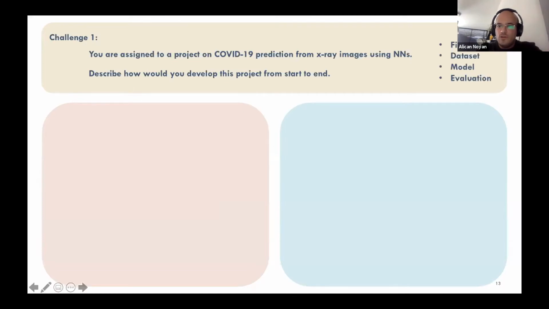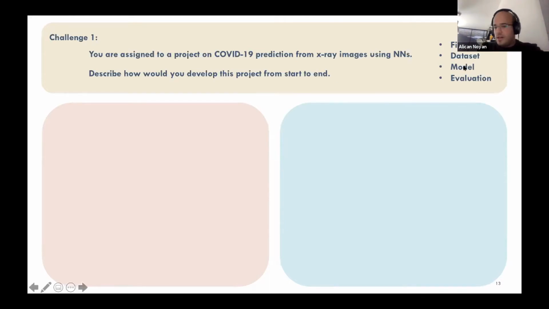Specifically, I want you to think about the very first steps. What would you do? Then the data set. Are you going to use an online data set? Are you going to collect it in collaboration with a medical doctor? If you're going to use an online data set, which ones? Maybe you can just search for some online data sets. How are you going to build the data set? I want you to describe it, right?